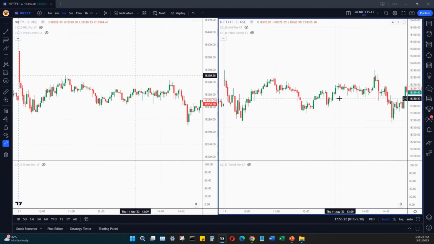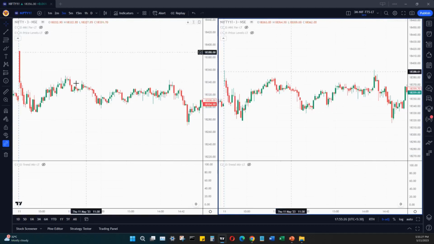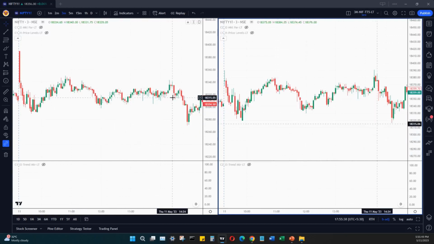And today being Thursday, the weekly expiry, there's a bit of volatility, and you could see it was very difficult to actually spot some good trades, right? Because of a huge consolidation, almost between 12 and 2:30. So now let's bring these indicators on and see how these indicators triggered signals for us to enter and exit